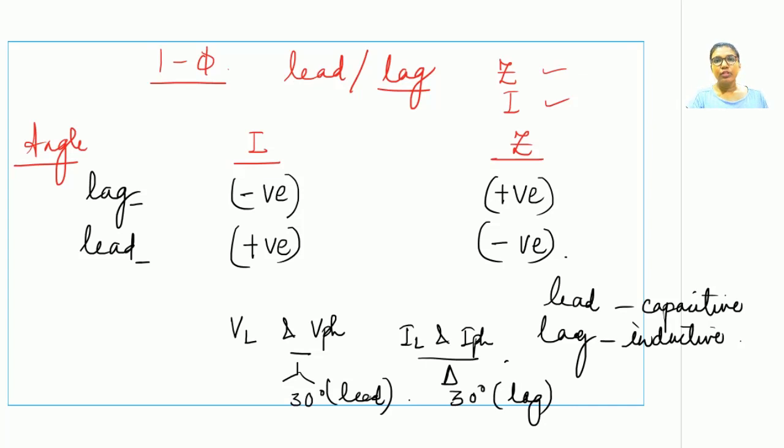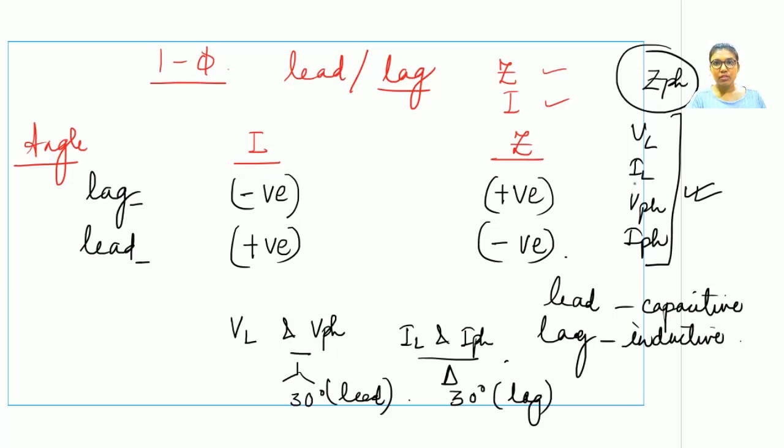So while solving the numericals in three phase circuits, our main concern is with the angle of the impedance. For the rest of the parameters, whether it is VL, IL, V phase or I phase, we shall not be using the angle values along with their quantities as we used to do for a single phase circuit. You will have to solve the numericals only on their magnitude basis. The sole angle will be carried by this parameter called Z phase.